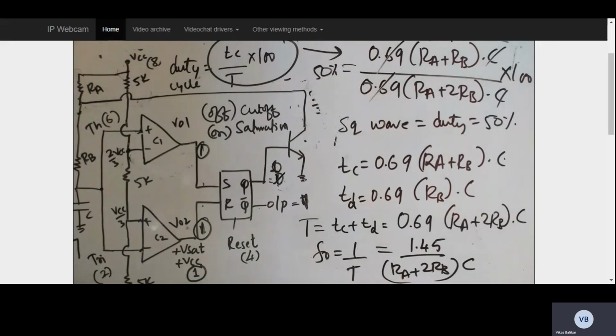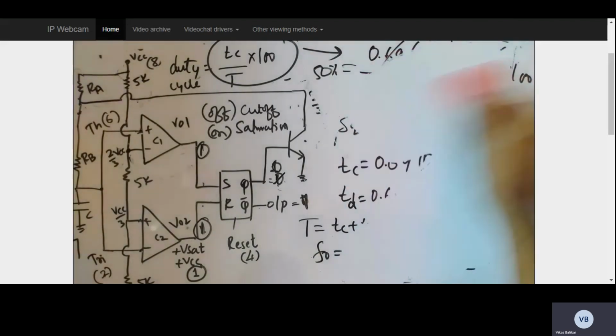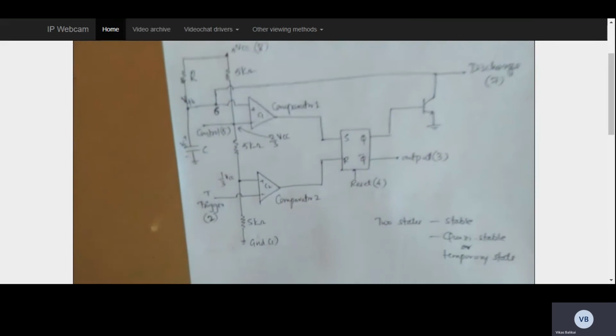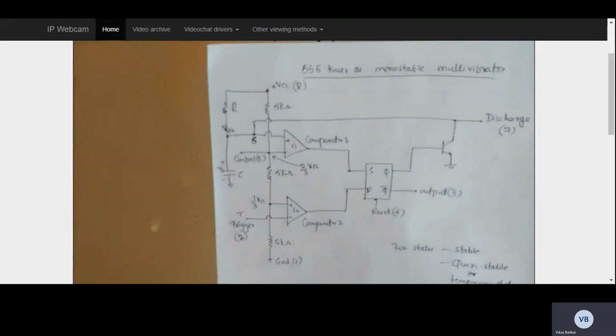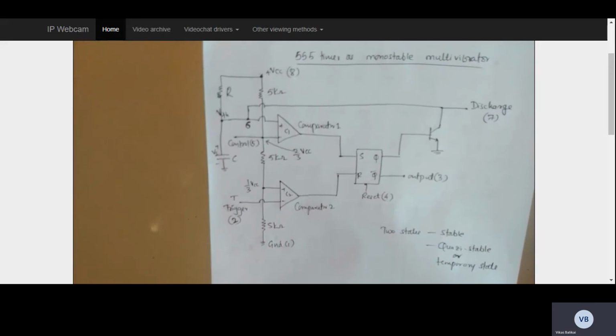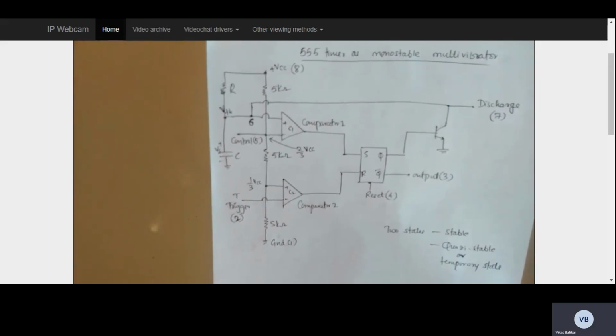And we have already dealt with the monostable circuit. The working of the monostable circuit was introduced to you in the previous lecture. You can go through it, and for those who have forgotten the concept of the monostable multivibrator, here is the circuit which I am going to show you now. So this is the monostable multivibrator circuit, that is the 555 timer as a monostable multivibrator. So this is the circuit, and this one is the entire internal structure of my 555 timer.